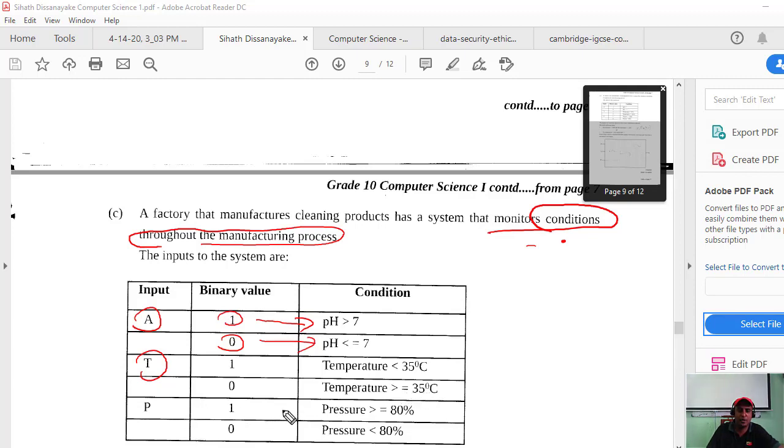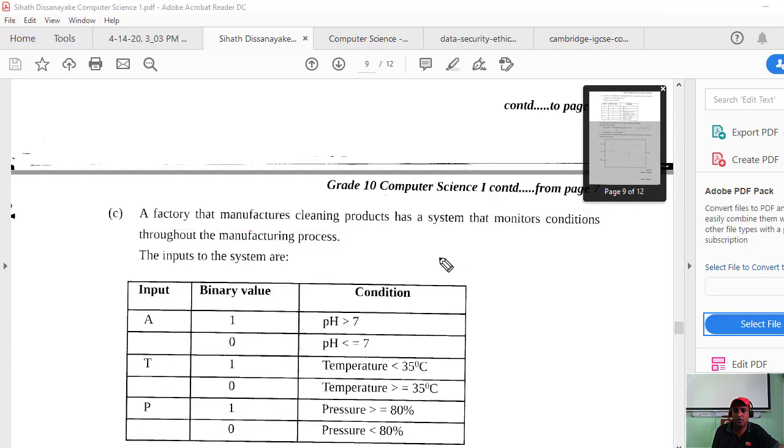Pressure: binary value 1 means pressure greater than or equal to 80, and binary value 0 means pressure less than 80. Okay, we will check this.